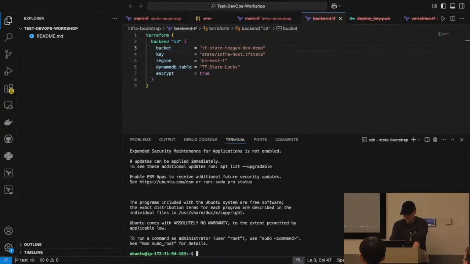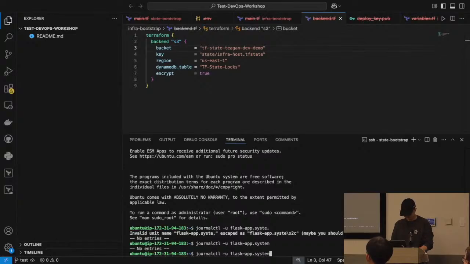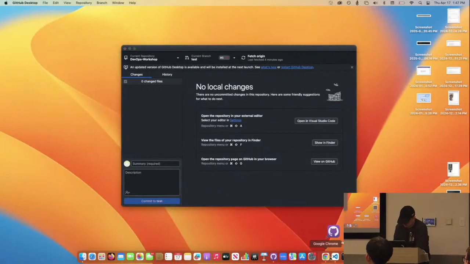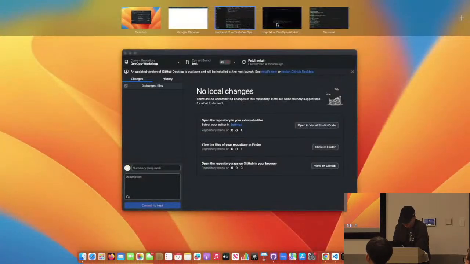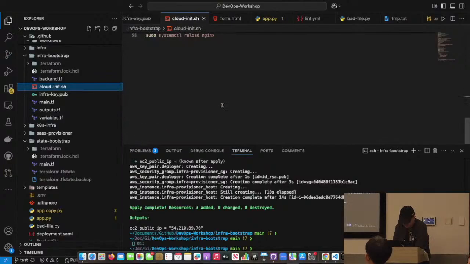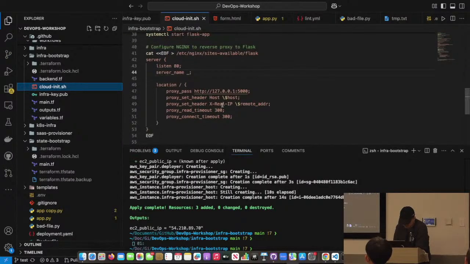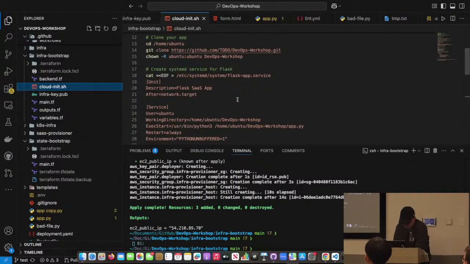So I'm going to use something called journalctl. Since we're running our application on a daemon, this is a really easy way to take a look at our Flask app. I think that's the syntax. No? Let's see what this bad boy's called. It is called flask app.service.